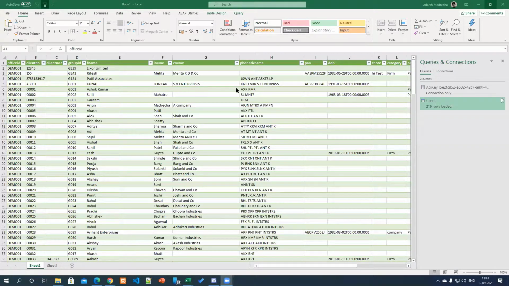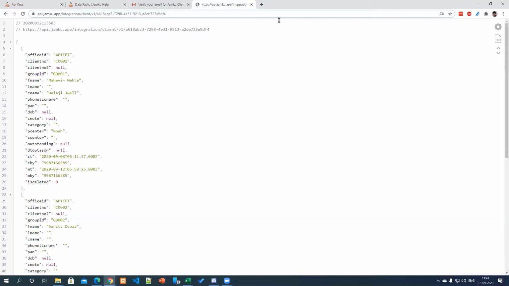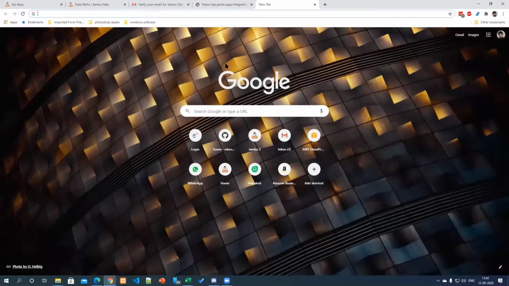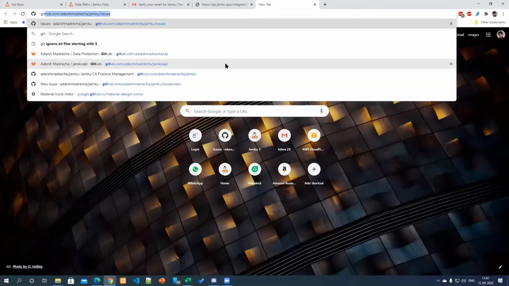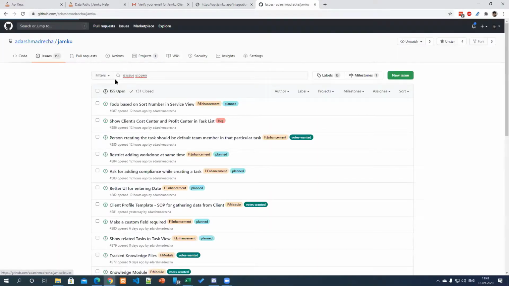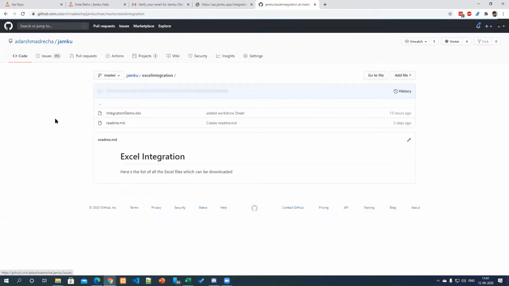So we have first question here. Can we download this Excel file? Mm, you will create this Excel file on your own. What we have done, in order to get you started, just yesterday on our GitHub, where we share all our suggestions, we have created this getting started integration demo as an Excel file. I'll be sharing the link to this file in the Jamco updates group, so that if you just want to get started, you can use this file as your starting point. Just change your API key and you're good to go.